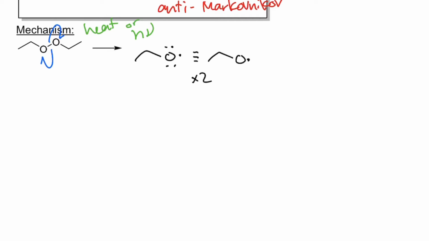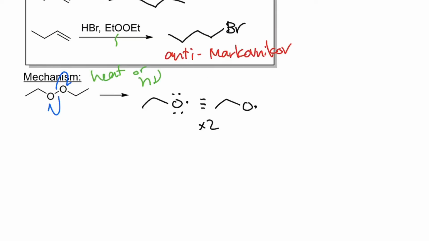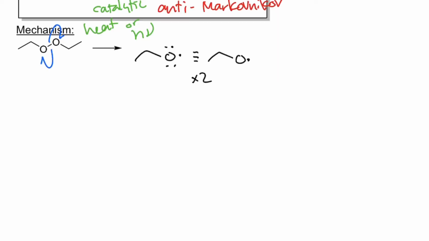But this, again, just like with the halogen molecule being homolytically cleaved, this is a very rare event, meaning this is just something that happens to just one of many molecules in the mixture. Also, this peroxide, we would be adding only a catalytic amount. Maybe that's worth noting here. You're not going to need a stoichiometric amount of this. And the reason is that once you get this one radical, right, what can happen is